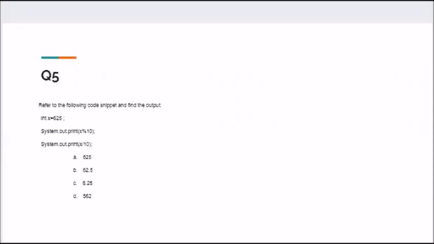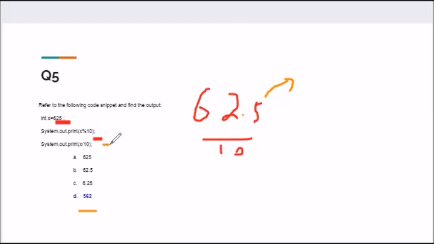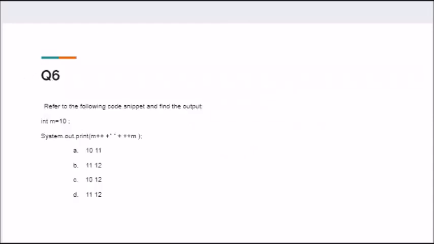Refer to the following code snippet and answer the following. So what do we have? A number as 625. If you are going to do its modulus 10, when we are going to divide 625 by 10, you're going to have a decimal at this place. It means the modulus operator should give us a digit 5. So do we have any option where the number's first value is 5? Here it is. So the rest we can check. When we are going to divide the number by 10, then the answer will be 62. So the final answer will be 5, 6, 2 in the same line because we do not have println. Let's see the next question now.